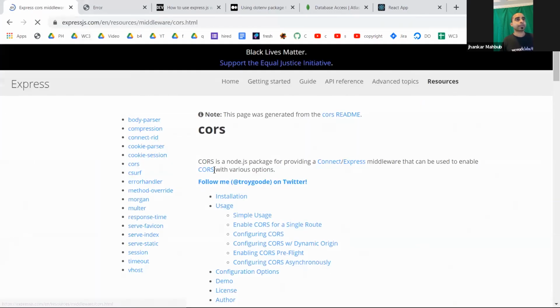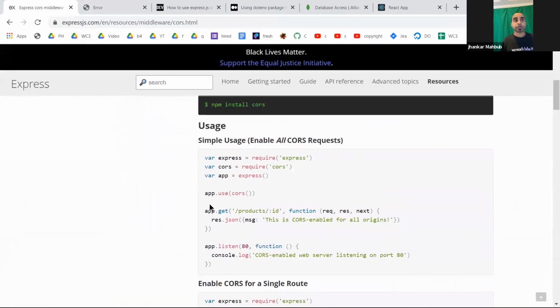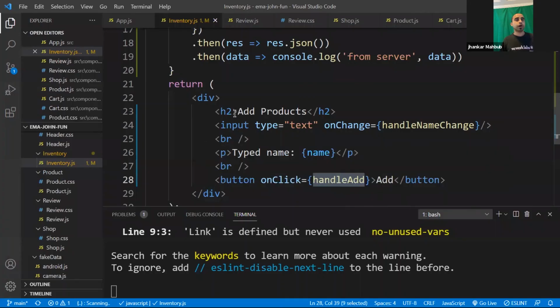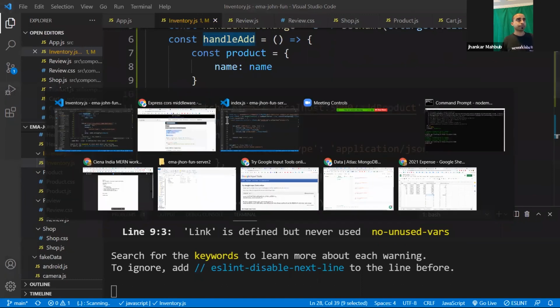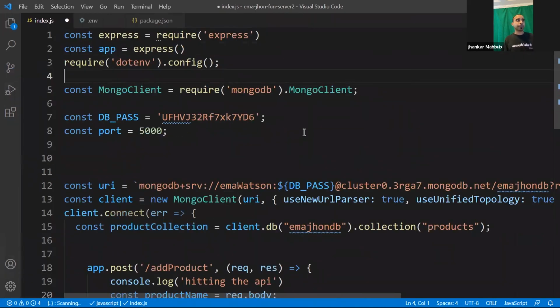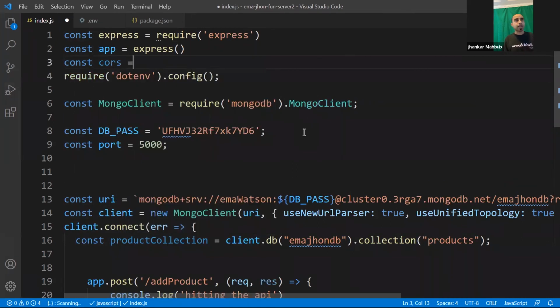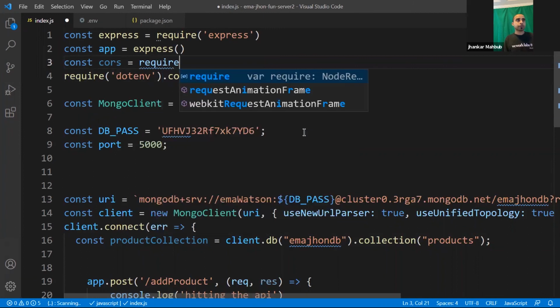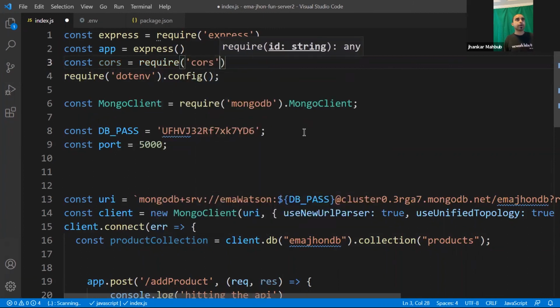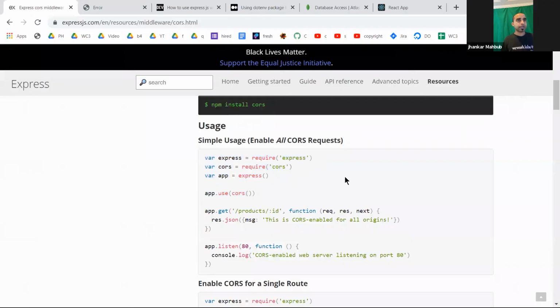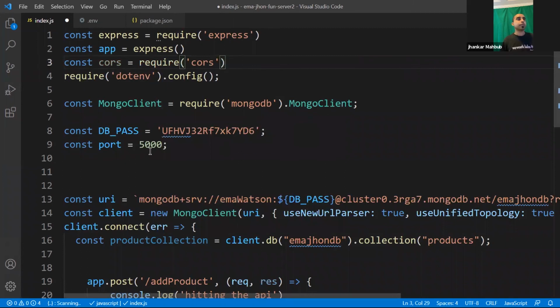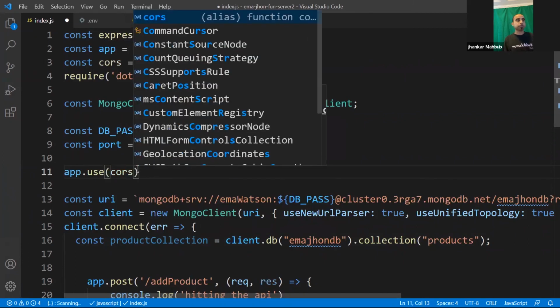And it will take you here, and we already installed it. So you need to require cors and then use it. So all you need to do here, I have this dotenv, and maybe we'll do this on top, this constant cors, and this would be required. So you do a require, and then you require cors, exactly the way you did here. And then you need app.use. You need to use it as a middleware. So we need to use two middlewares right now. So app.use, and then cors, you just call this guy.